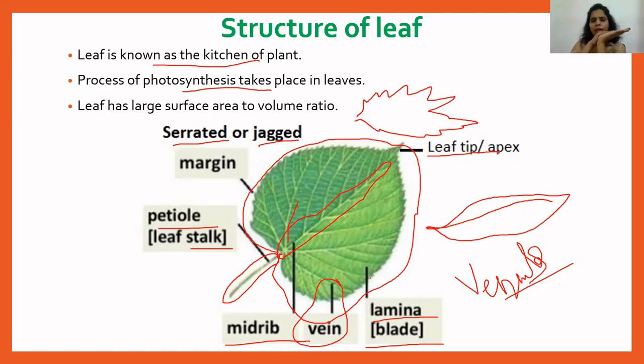Between this upper and lower epidermis, even though the leaf is very thin, there are groups of cells or groups of tissues present. So if you take the transverse section, meaning between upper and lower epidermis, if you cut the leaf like this, it will give the transverse section of the leaf, and you can make out those groups of tissues or cells present between upper and lower epidermis.